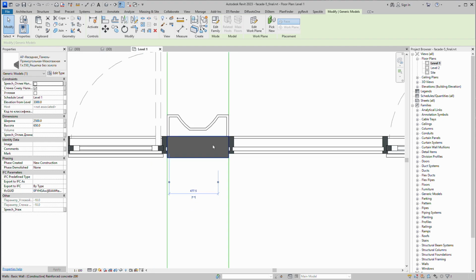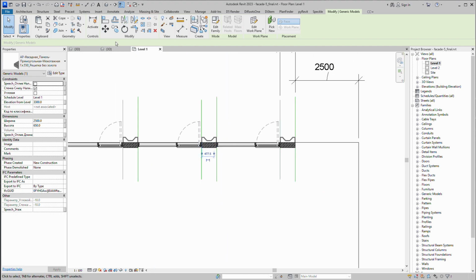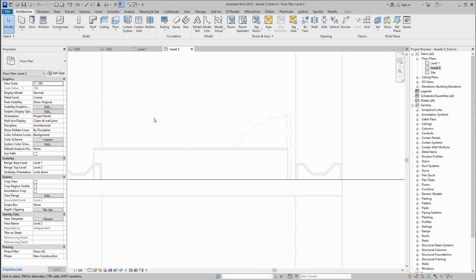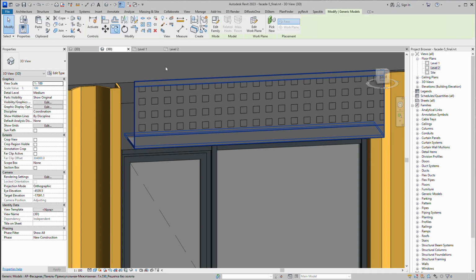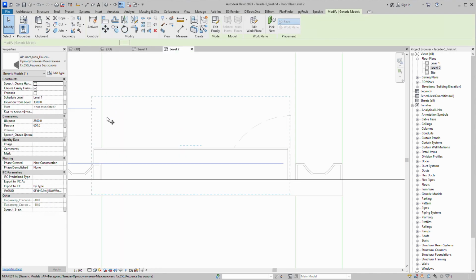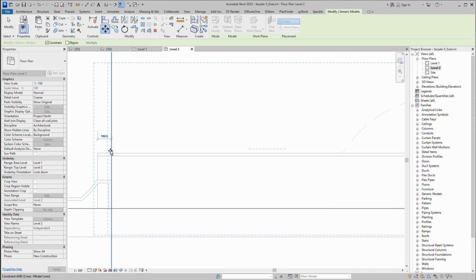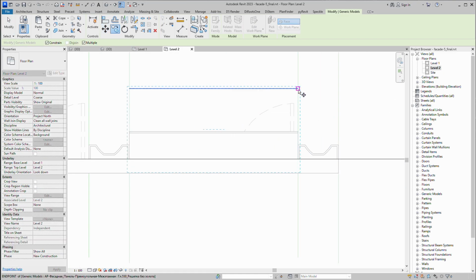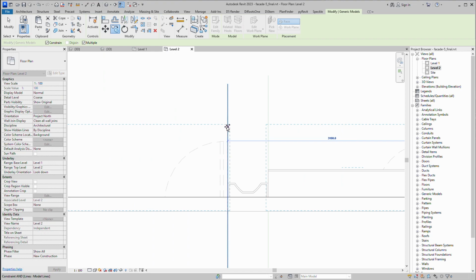Is it possible to see it? No, we cannot see what's going on here, but we can see what's going on on level 2. Let's select it. Be careful. I will select it again. I will go to level 2, and I will move it a bit. Okay, here we are. And after that, I will just copy it from one side to the other side,